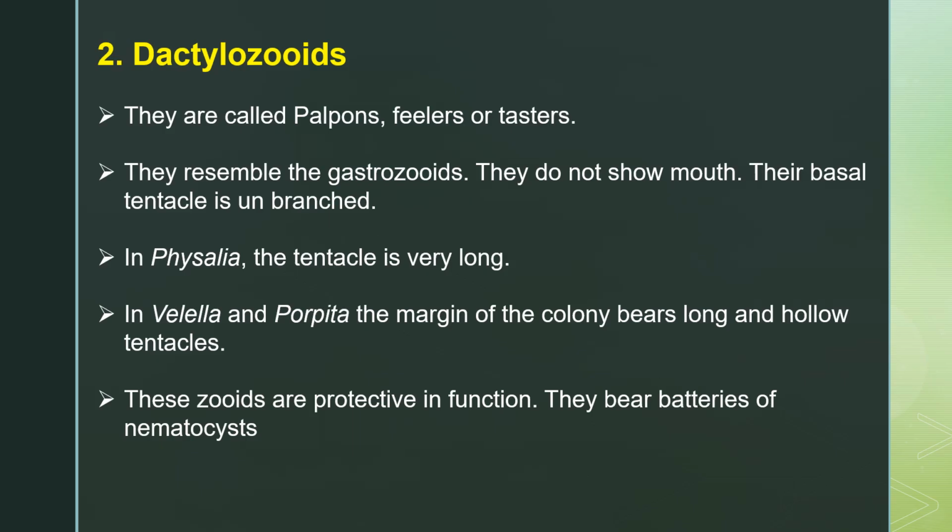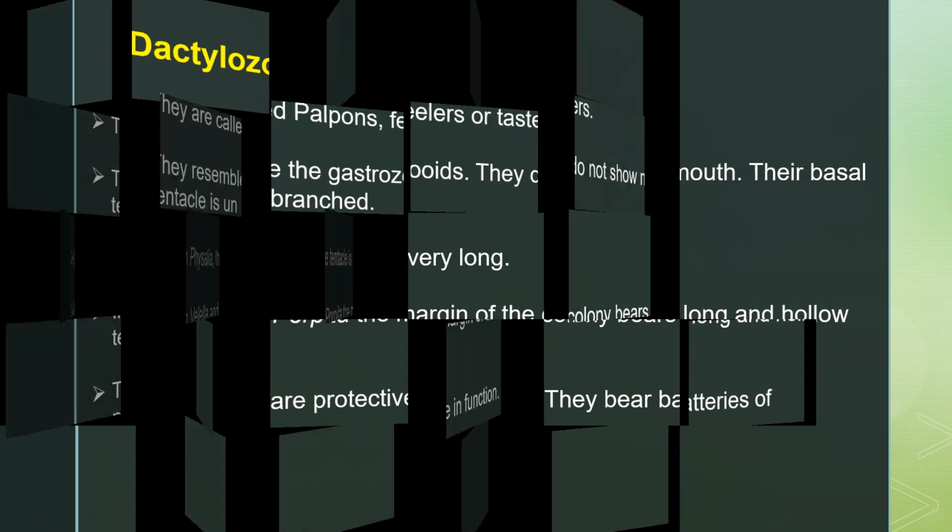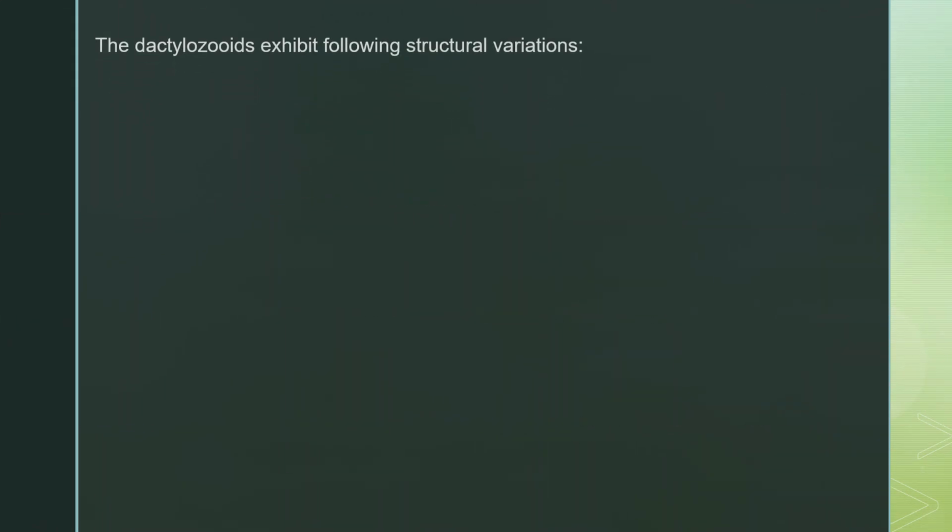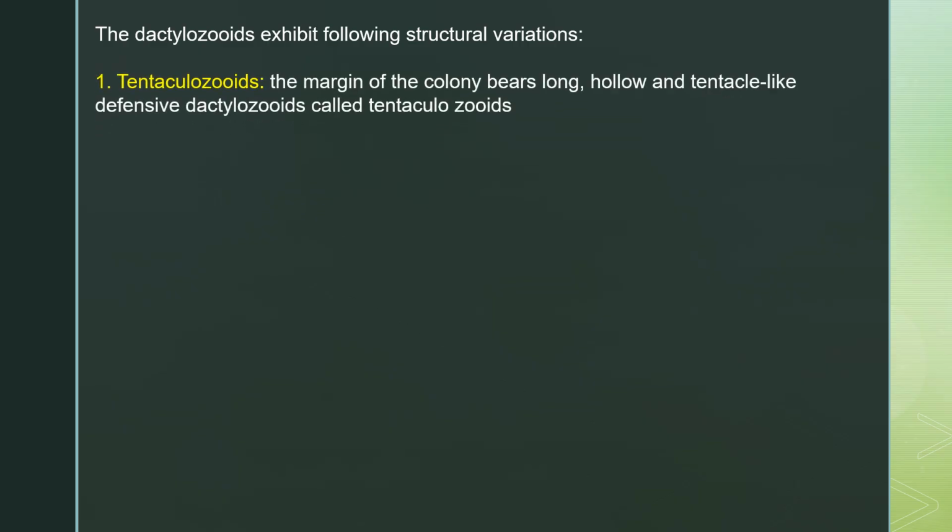Dactylozoids are also called palpons, feelers, or tasters. They resemble the gastrozoids. They do not show a mouth and their basal tentacle is unbranched. In Physalia, the tentacle is very long. In Velella and Porpita forms, the margin of the colony bears long and hollow tentacles. And these zooids are protective in function. They bear batteries of nematocysts. The dactylozoids exhibit different structural variations, like